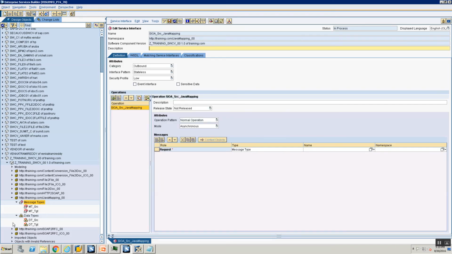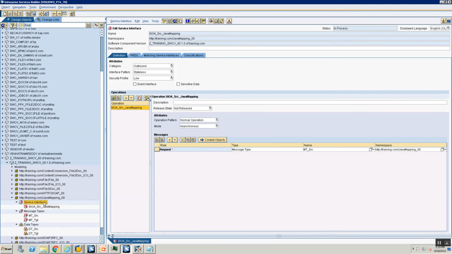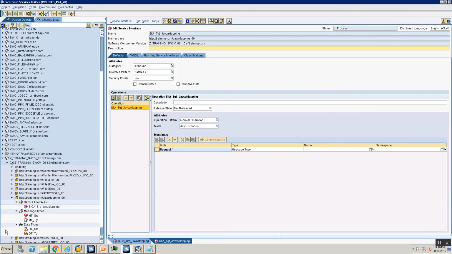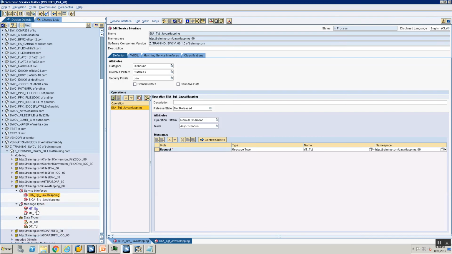So this is an outbound asynchronous interface. I'm dragging my message type and putting it here. All right. Next, I'm creating a new service interface. Right click, new service interface, SIIA TGT underscore Java mapping, right? Saying create, and empty underscore TGT, right? Excellent. So we have created a data type, we have created a message type, and we have created a service